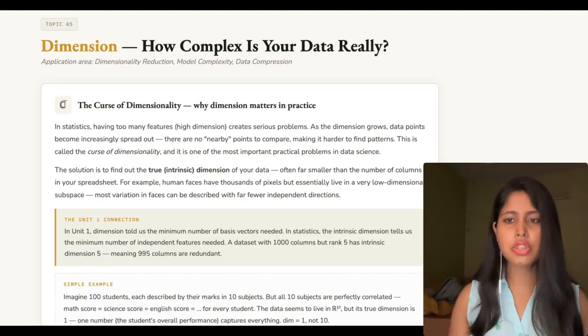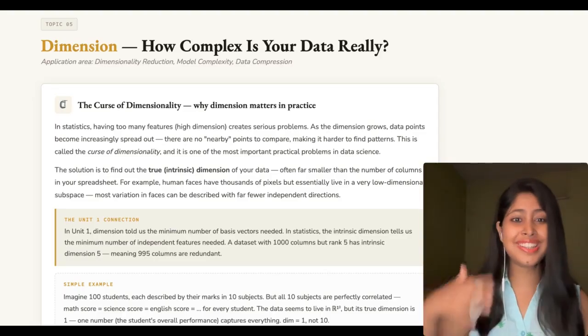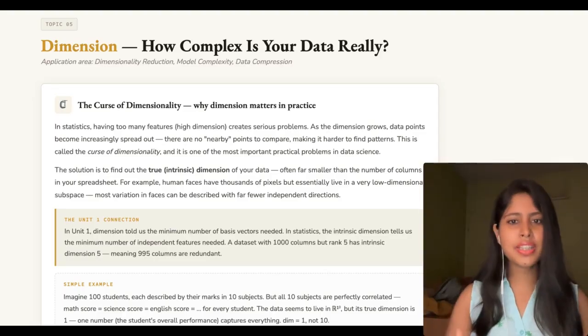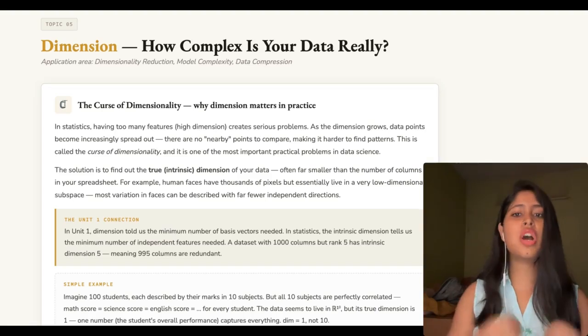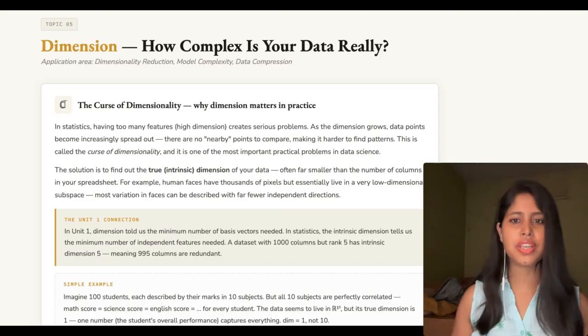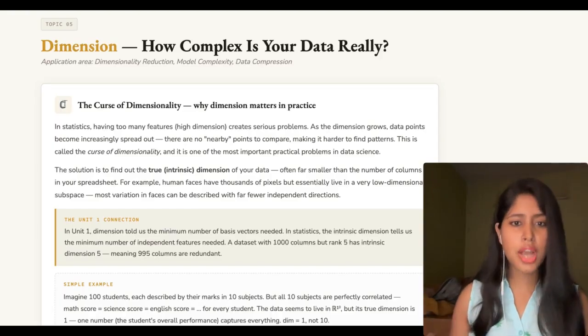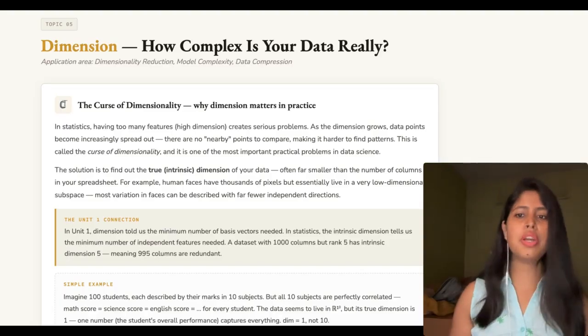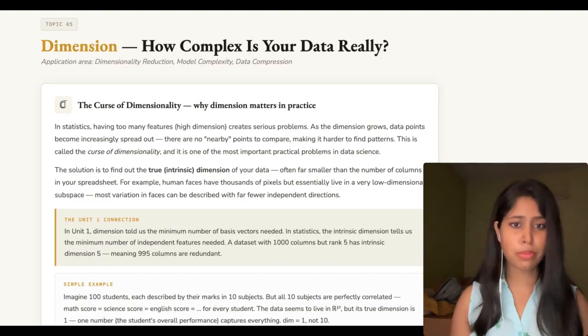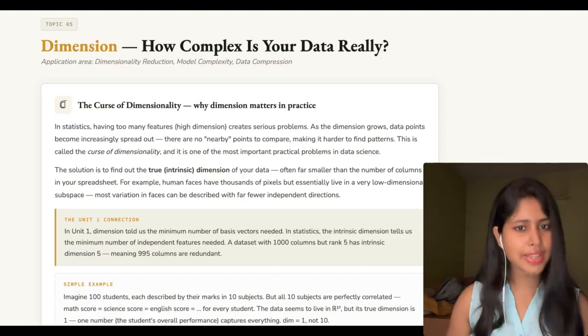And a fourth dimension, if you add a fifth, sixth, a tenth, then what happens? Your 100 data points are now 100 tiny specks scattered across a vast 10-dimensional space. They are so spread out that there are no nearby points to compare. No local patterns to detect. And this makes learning from data exponentially harder as dimensionality grows. That is what I mean.